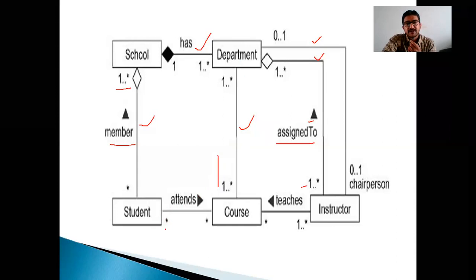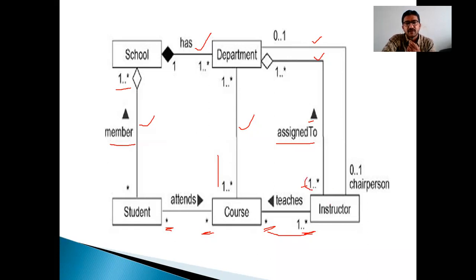Students, more students here, multiplicity, multiple. More students attend more courses. Each student will have multiple courses. One or more instructors will be there for multiple courses. For example, for teaching Python programming, a minimum of 7 to 8 faculty are there. That is, one or more instructors teach more courses. Definitely more courses will be taught, right? If you see the instructor here, one or many instructors are assigned to one or more departments.